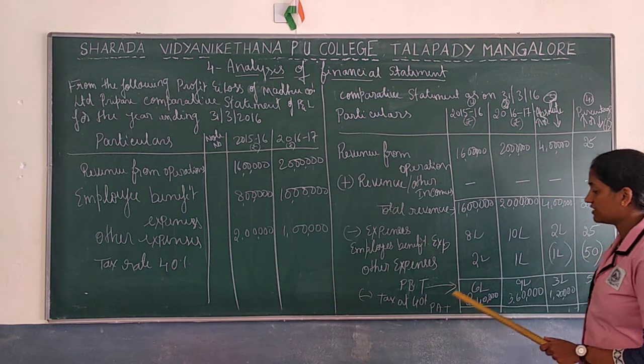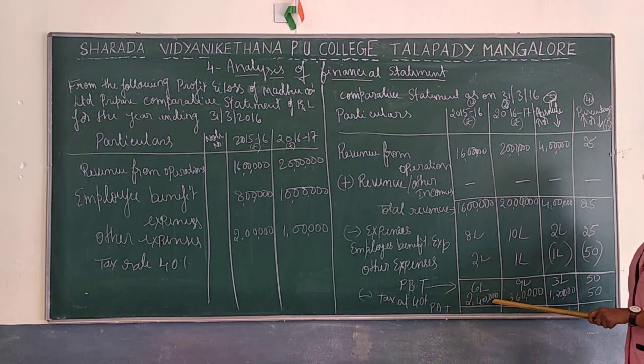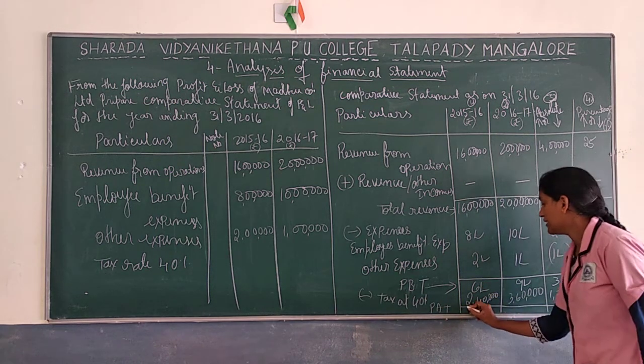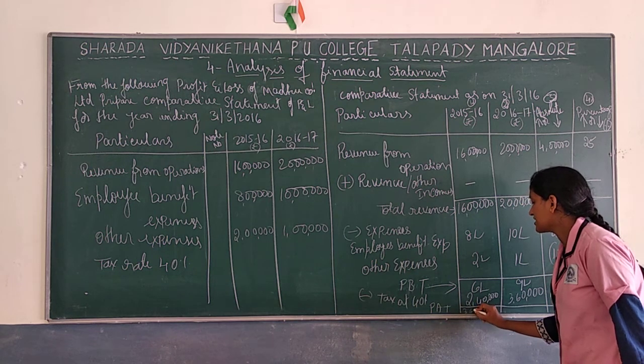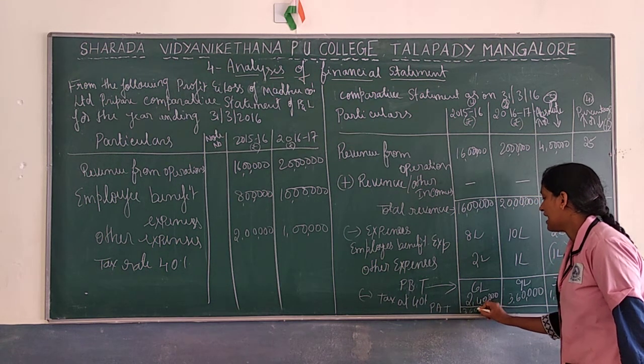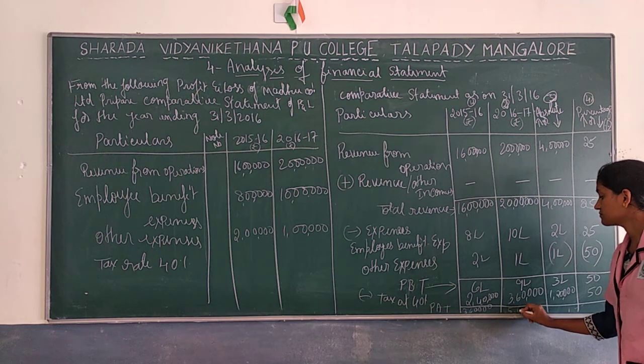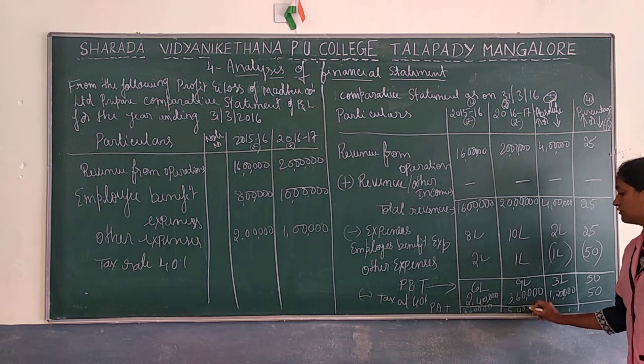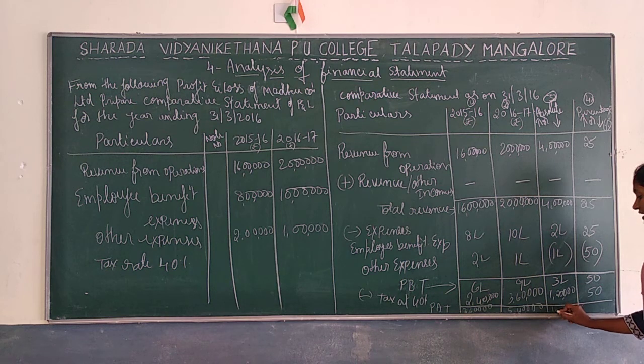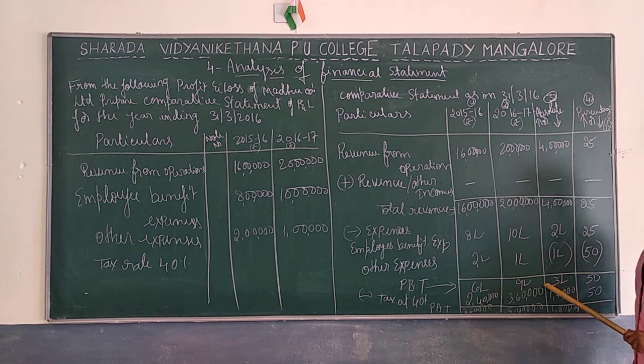What is earnings after tax? You have to minus 6 lakh minus 2 lakh 40. You will get around 3 lakh 60,000. 3 lakh 60,000. 5 lakh 40,000. 5 lakh 40,000 and 1 lakh 80,000. So again you have to divide this to this. 1 lakh 80 divided by 3 lakh 60 into 100,